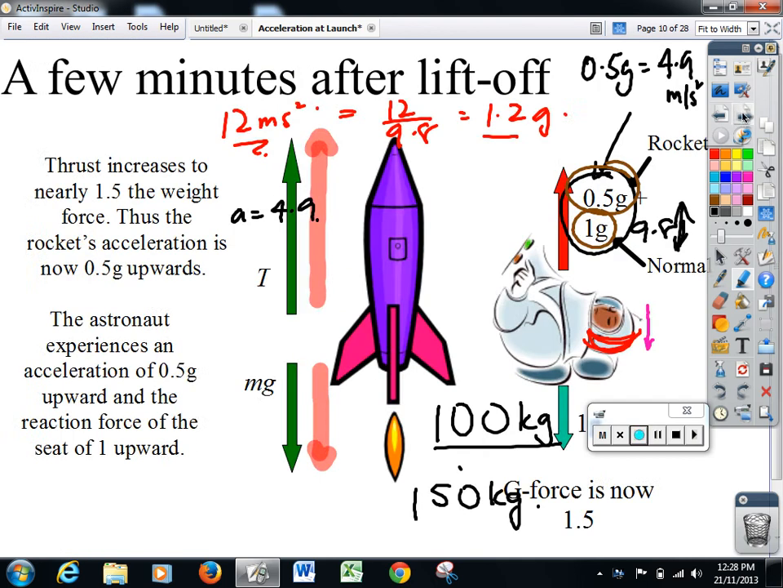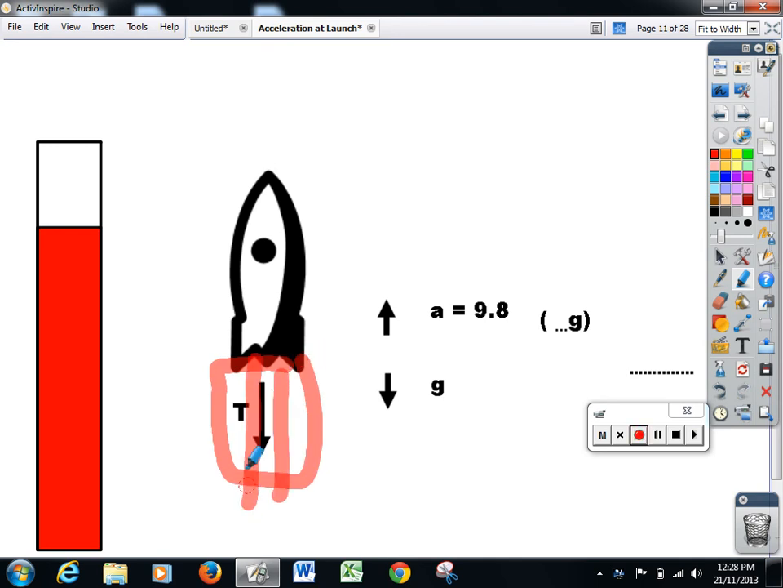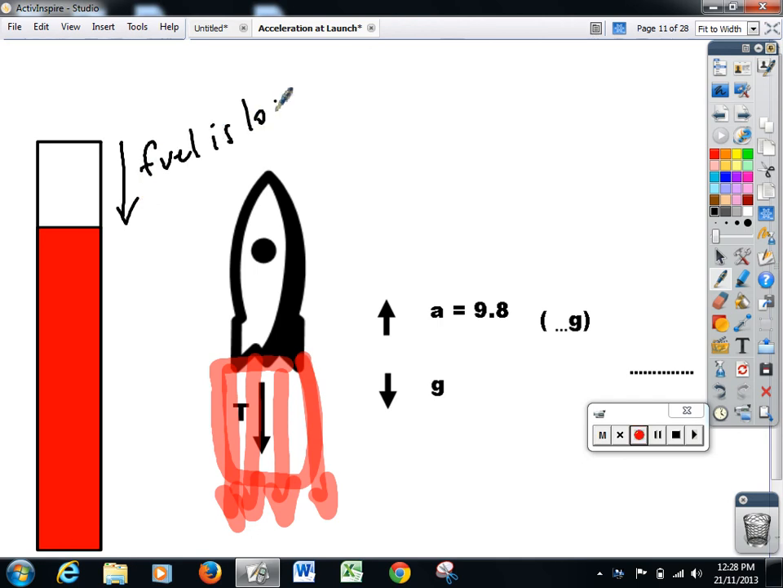Now, when we start to accelerate, the gas which is inside the fuel tanks gets spewed out. Massive amounts of gas get spewed out the back. This causes a lowering of the fuel in the rocket. If the fuel is lost, what will happen to the mass? The mass of the rocket decreases. And if we keep in mind that the acceleration of a rocket, according to our formula, was T minus mg on m,